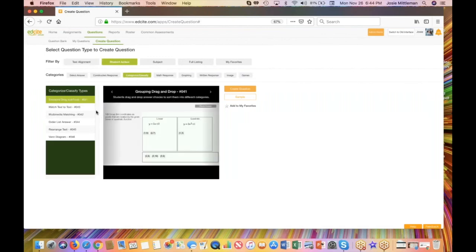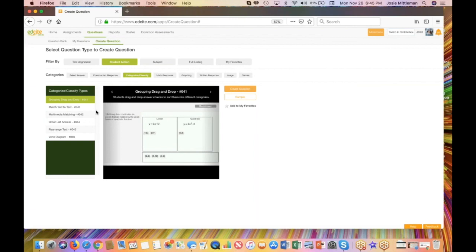And just, sorry, just pausing here for 1 second, because this page is exciting because EdSite has 55 question types. But I think sometimes people say on this page they don't know where to start. Just to help you think about it a little bit, the top level is just going to give you different ways to filter those question types. The ones that we recommend using, or the ones that I use the most, are test alignment, which is going to let you see, oh, I want to create something aligned to AIR,